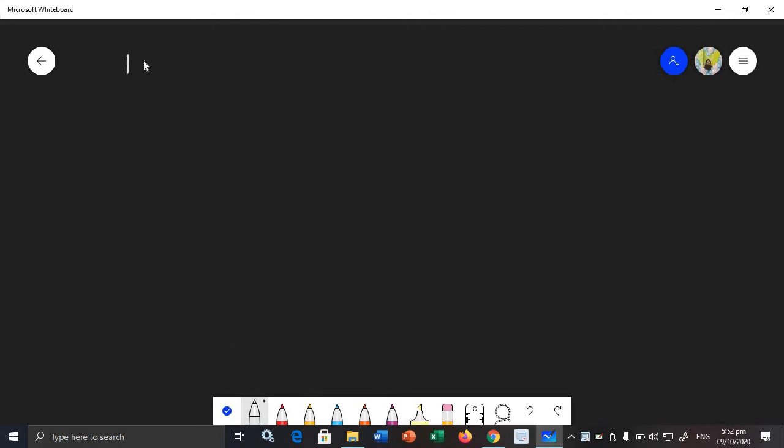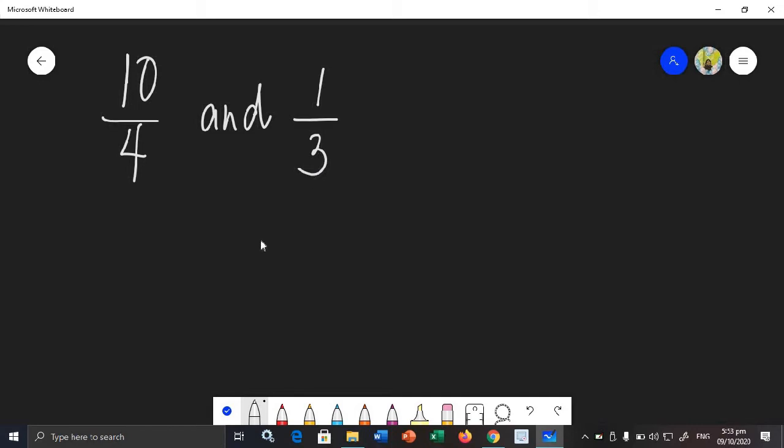So let's say we have 10 over 4 and 1/3. When we are getting the LCM or LCD, of course, we are just going to mind the denominator, or the given in the denominator. So the numerator, just set it aside and focus on the denominator. So we will find the LCM or LCD of